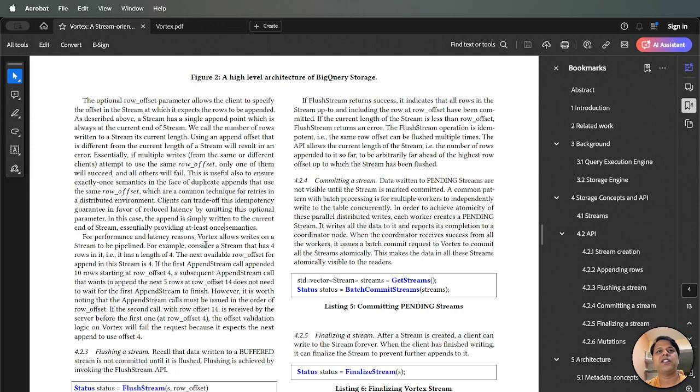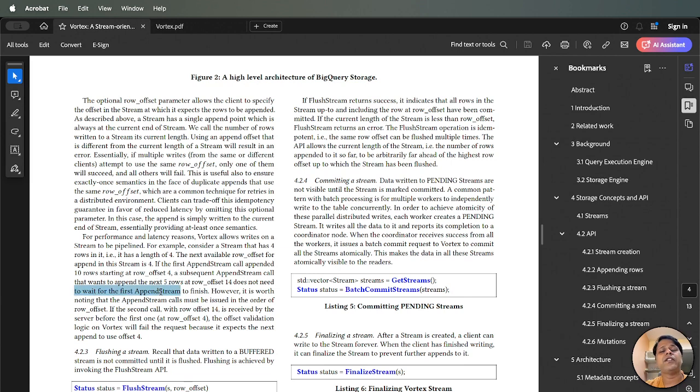So it says one stream has, say, 4 rows already there. Now the first client tries to write at offset 4. Then a subsequent append stream call that wants to append the next 5 rows